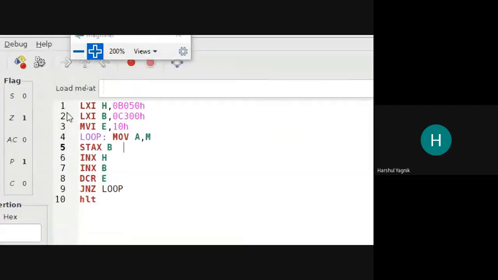What can we do over here which will transfer the data, but in reverse order? There are 16 bytes which need to be transferred, but these 16 bytes have to be transferred in reverse order.